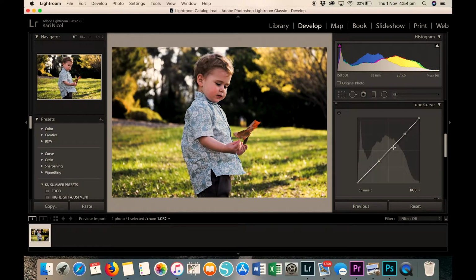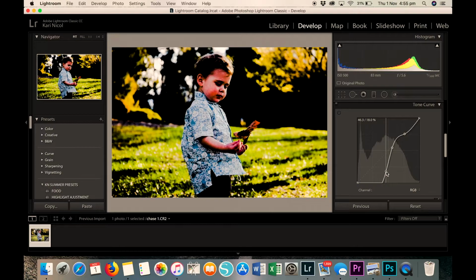If you only have Lightroom for your mobile phone, then you're not gonna see the tone curve. It's not available via your mobile phone. This is only available for Lightroom CC Classic users. One end of the spectrum is really gonna bring down all of those